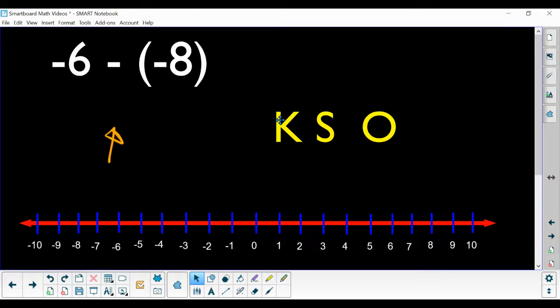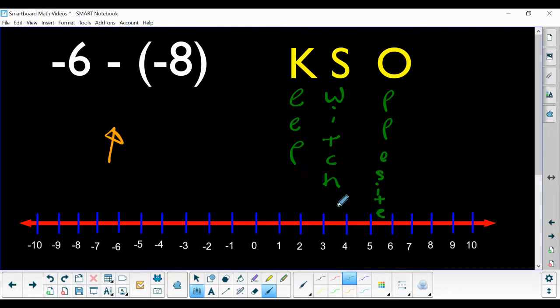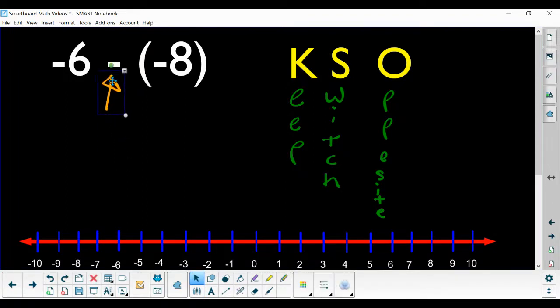What is Kesso, by the way? I forgot to mention that. Oh, it's not for cheese. It stands for keep it. You have to keep it the same. Switch it. I mean, switch the sign, and O stands for opposite. Keep, switch, opposite. And anytime you're subtracting, that's when you want to use Kesso. So let's bring Kesso